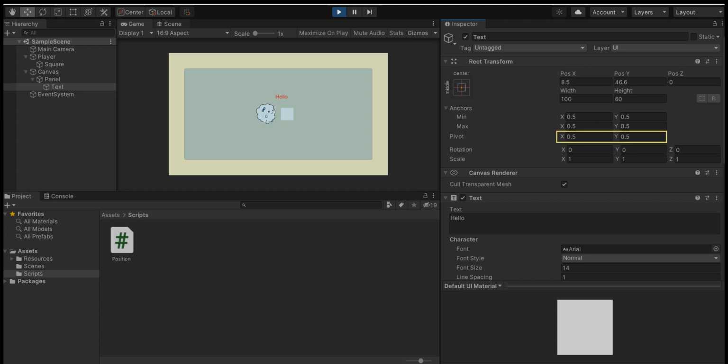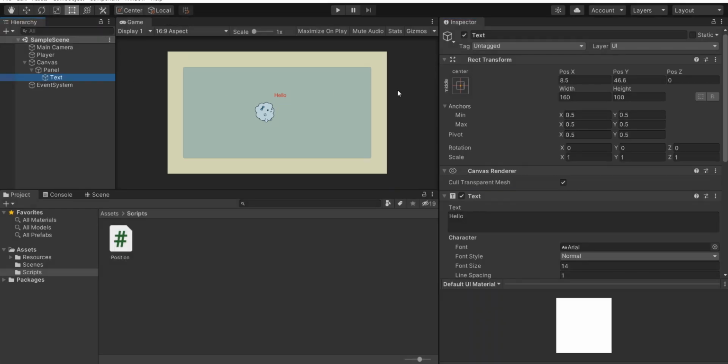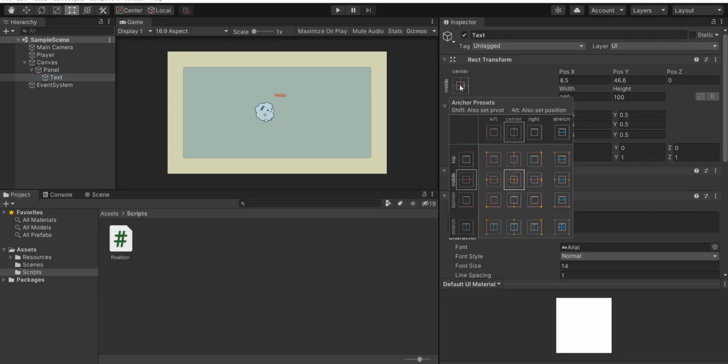Pivot, from the Unity documentation, is the normalized position that the object rotates around. Oh, maybe you wonder the pivot looks not related to this topic, but I will give you an example to prevent mistakes when using it in the future. Now I change the anchor to top center by pressing the alt key and clicking it.